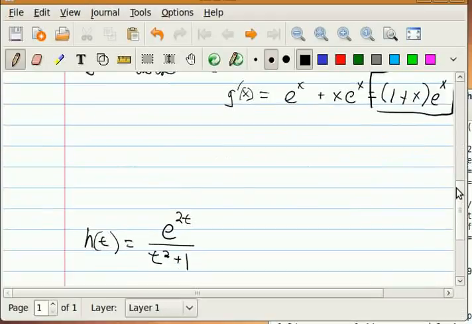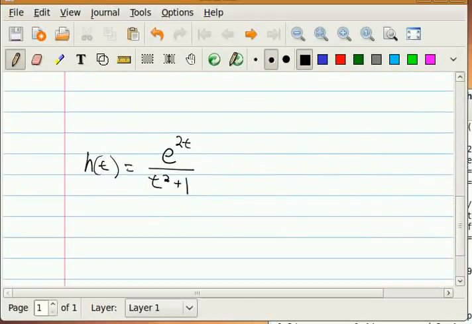Okay, so let's do one more here, and you can see it's very similar to some of the ones we've had already, but the power of e is just e to the power 2t, not a very difficult one to compute, but the entire function is e to the power 2t over t squared plus 1. Okay, so of course the first thing you see is this big fraction, and for fractions you have to use the quotient rule. So if I go over here and try to find the derivative, h prime of t,